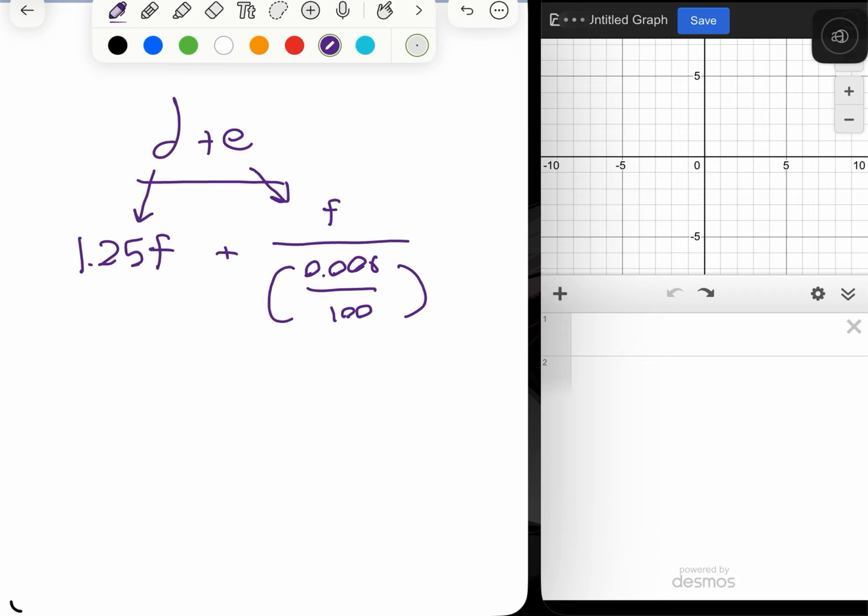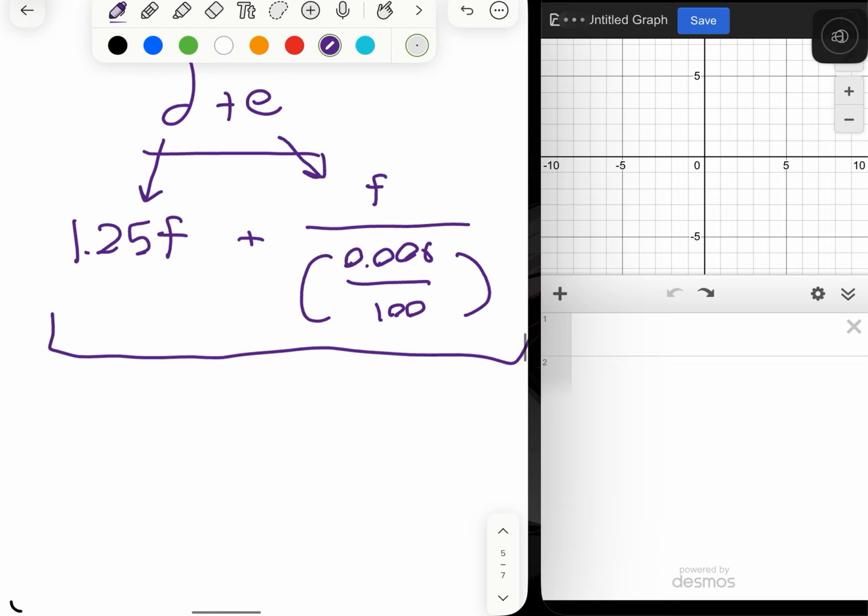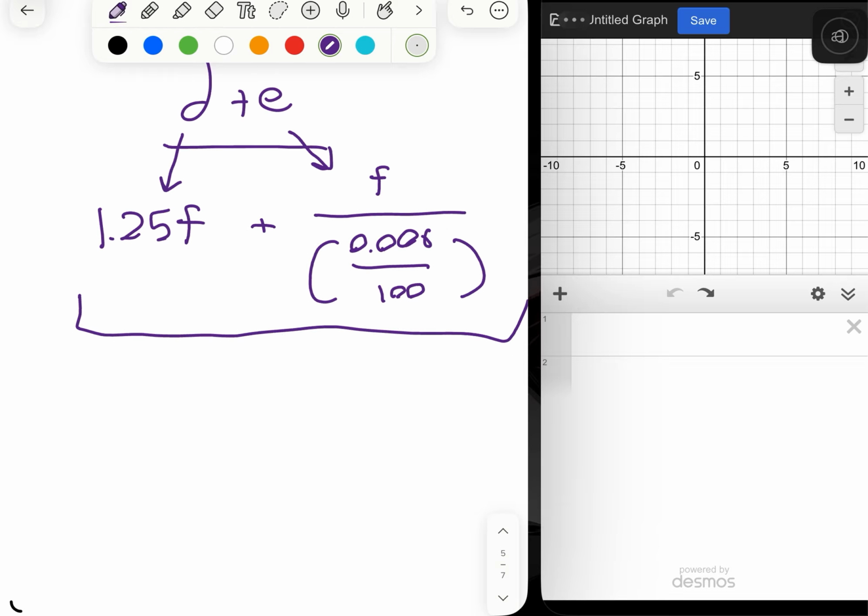So what do we do now? Well, let's just add these two together. And this is where I'm going to simplify this first. You don't have to do this, but 1.25, I just know that's 5 over 4. Once again, you don't have to translate it into a fraction, but that's 5 over 4, and then plus,